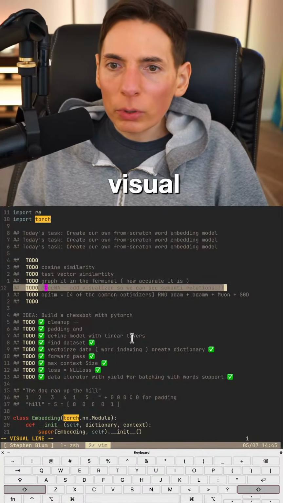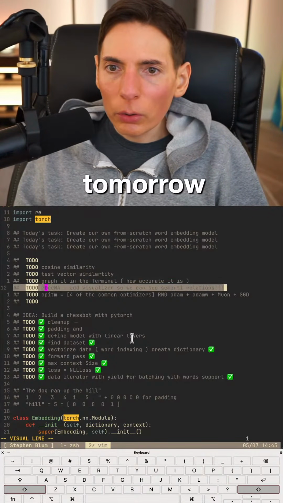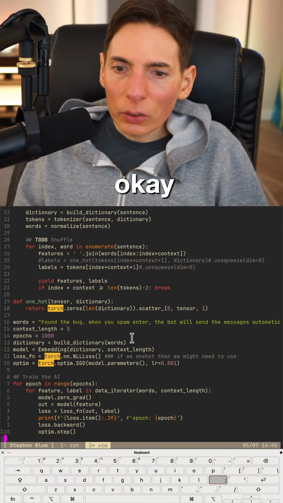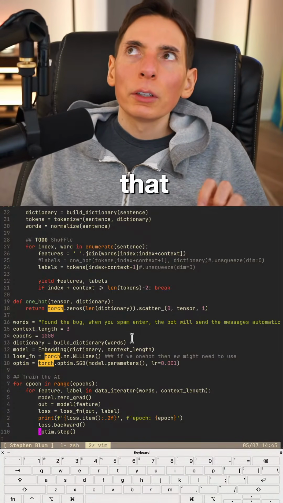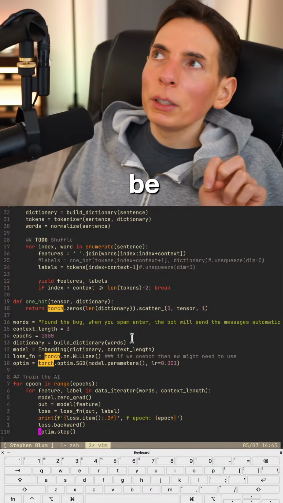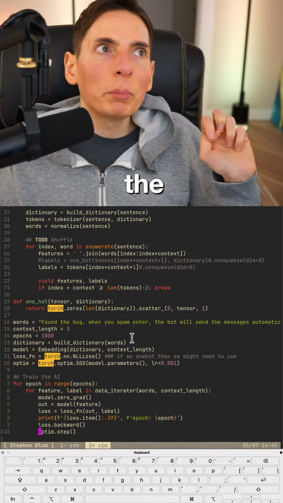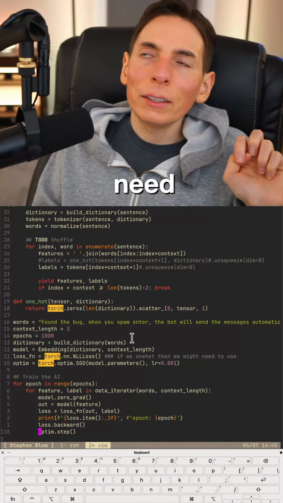We didn't add the visualizer yet. That might be something we do tomorrow. Test the vector similarity. Let's see. Okay, so how would we do that? The output is going to be a token. So I only want to use the embedding. So I need to